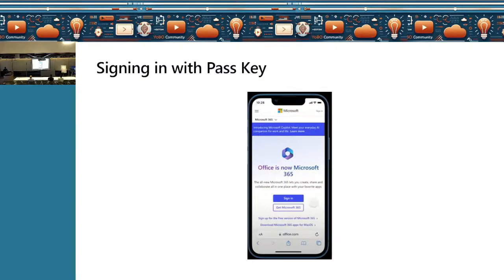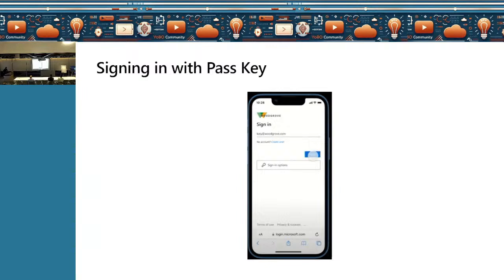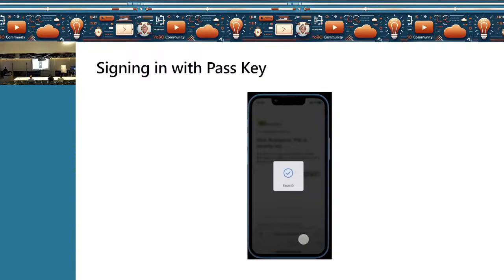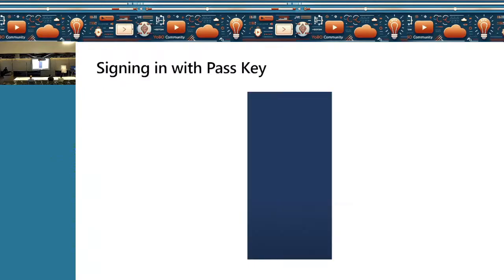Now that you have registered a passkey, this is how the sign-in experience works. In this example, this user is trying to sign in on the same mobile device. So this is the sign-in experience you're getting. There's an attempt, you enter the username, there is no password prompt. It asks you for the passkey, and that's it. At this point, you simply confirm with your face, your fingerprints, or your PIN, and once you do that, you're signed in. In this case, the website did save the public key for this user account. Yes, the public key is saved with the website.